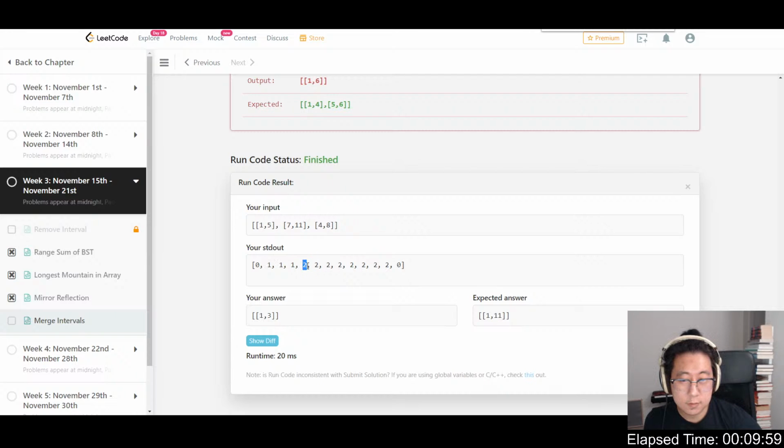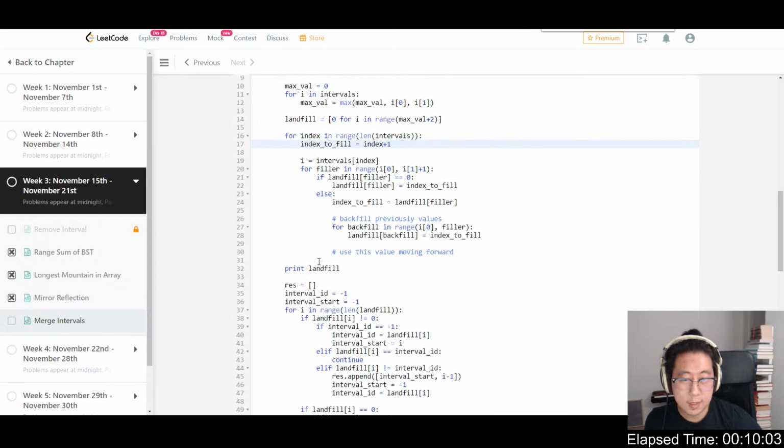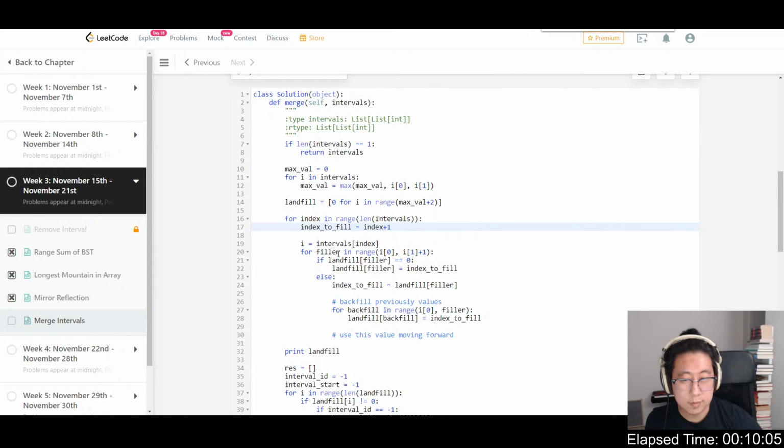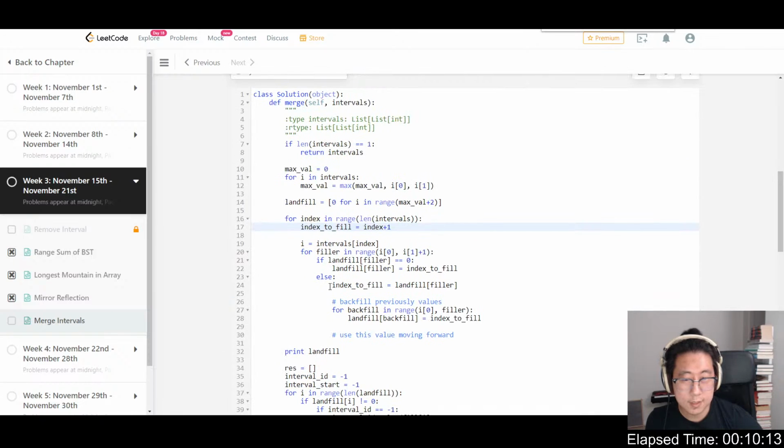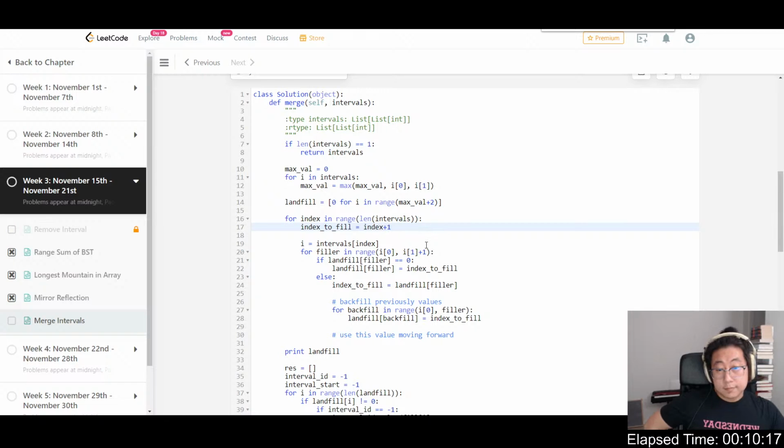The backfill is not good. Oh, the backfill, we want to take the previous value. I don't think we took the previous value. So this thing's still messed up. Okay. How much time has passed? 10 minutes, not bad. Okay, so for filler in here,